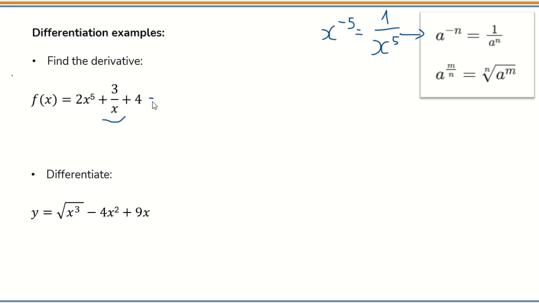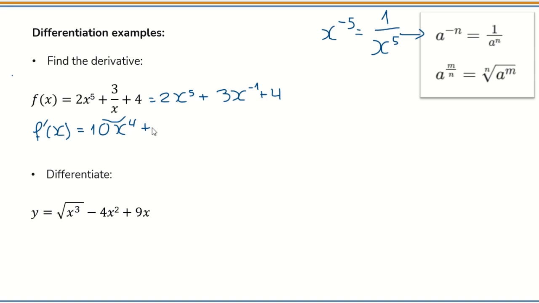So in this example, we need to rewrite the function, and I will write this term as 3x to the power of minus 1, because the power of x is 1, so the same but negative, plus 4. And now I can differentiate the function, so f dash x equals 5 times 2, 10, x to the power of 5 minus 1, 4,